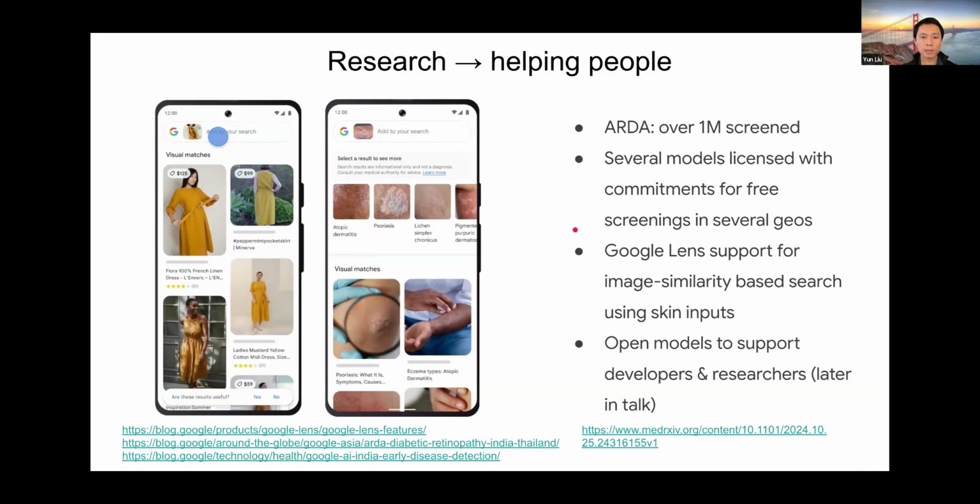Another example is to work with different product teams at Google. So we did some work in the dermatology AI space. And one of the things we then later did was we worked with this team that ships a product called Google Lens. Google Lens is supposed to be a visual similarity based app. So the more typical use case is, let's say someone sees a car, a handbag, clothing, things that are sort of visual based search. So they see that thing, they can't really describe it very well.